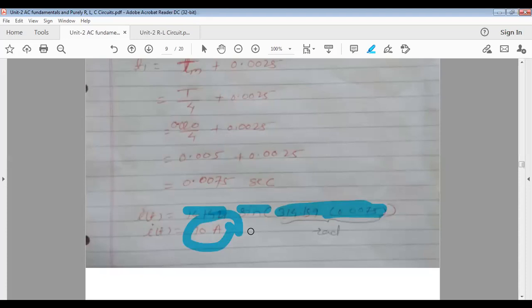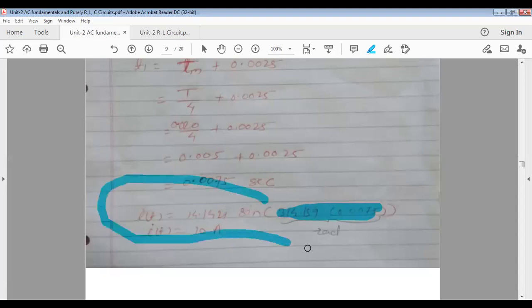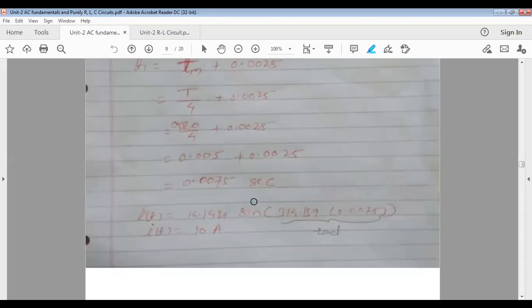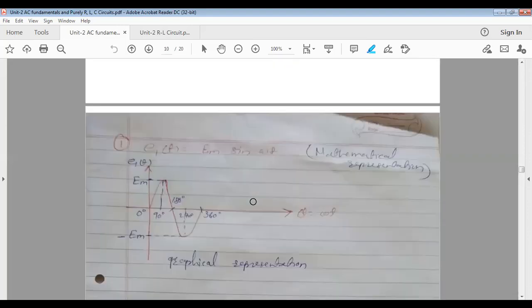So two options are there. Either you convert your calculator to radian mode, and once it is over, don't forget to convert it back to deg mode. But don't take the risk. The better way is to multiply this by 180 degree by pi, and let your calculator always be in deg mode. Try both the options now. Okay? Is this clear? Any difficulty with this sum? No, ma'am. Yeah.